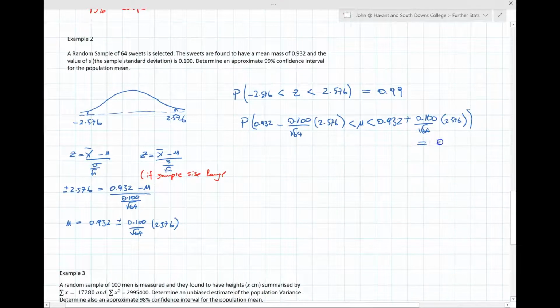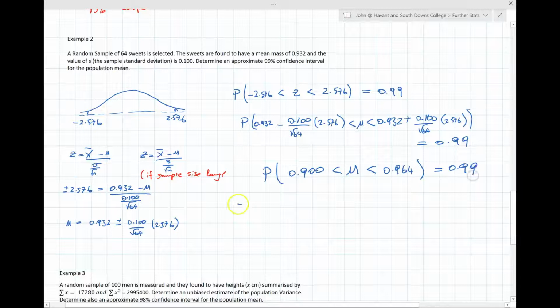This equals 0.99. So that gives us the probability that mu lies between 0.900 to three significant figures, and 0.964 equals 0.99. So that means the 99% confidence interval